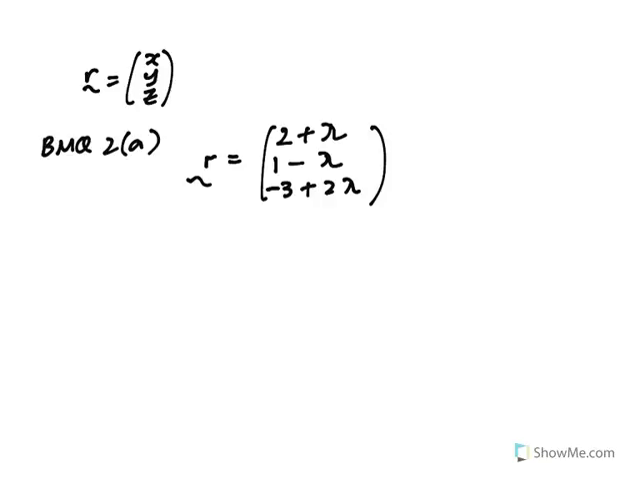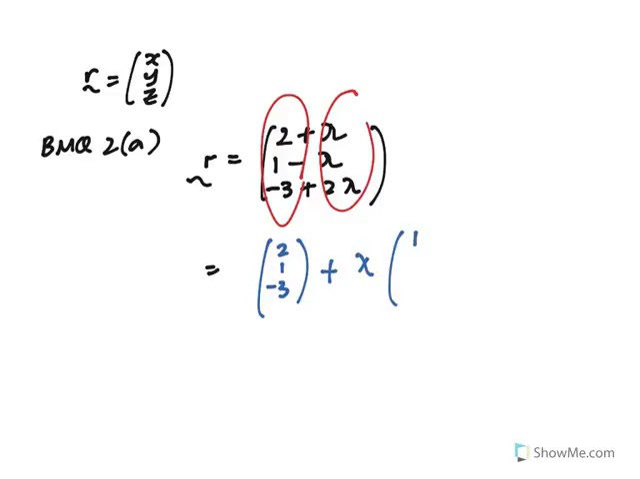Then after that, what can I do? I just split. So it's not difficult, you just split. Quickly you have (2, 1, negative 3) plus lambda (1, negative 1, 2). And lambda is